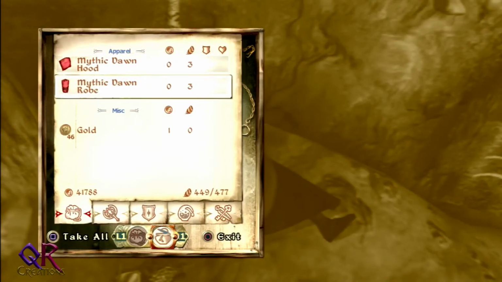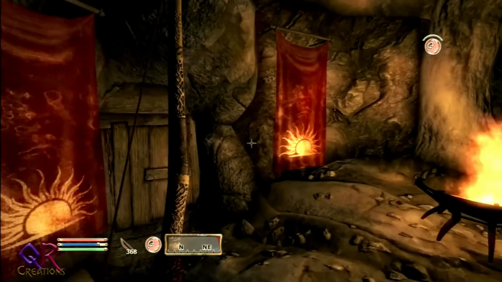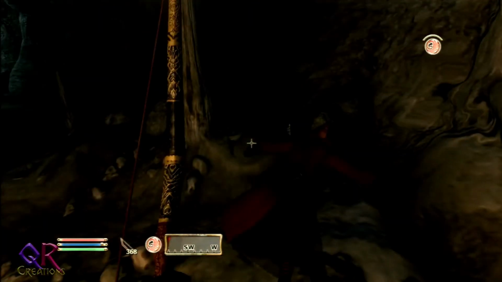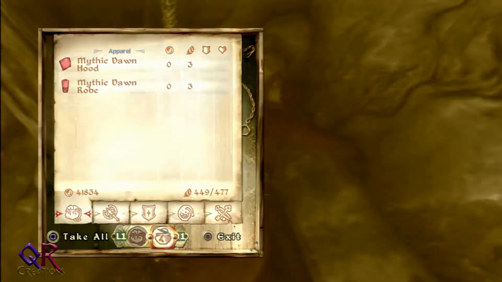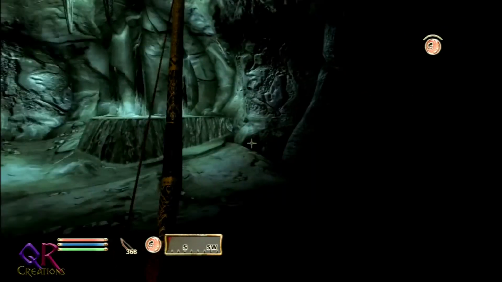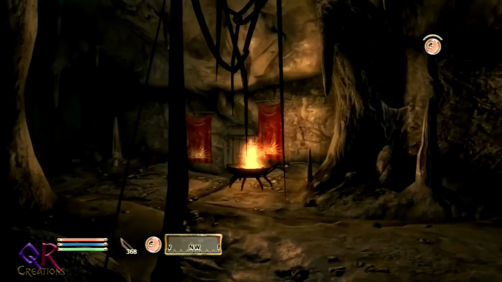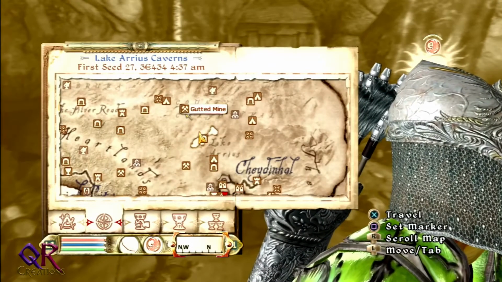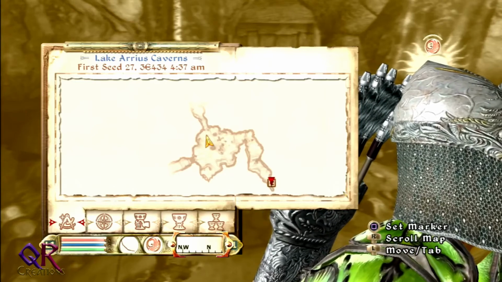Doorkeeper. Oh, Mythic Dawn. Well, those guys aren't exactly my friends. You wouldn't happen to have the key, would you? Okay. Well, it's going to be hard for me to clear it out then. I suppose I could gather the key from somewhere else, but I kind of had hoped that...